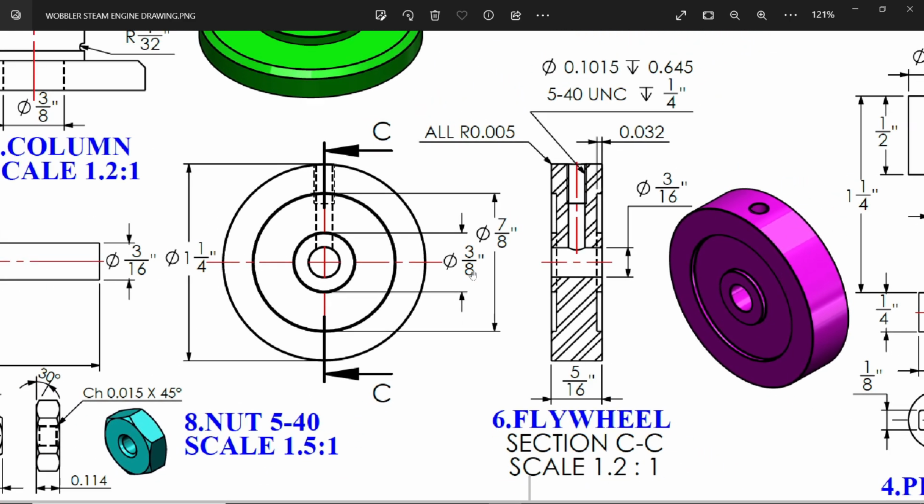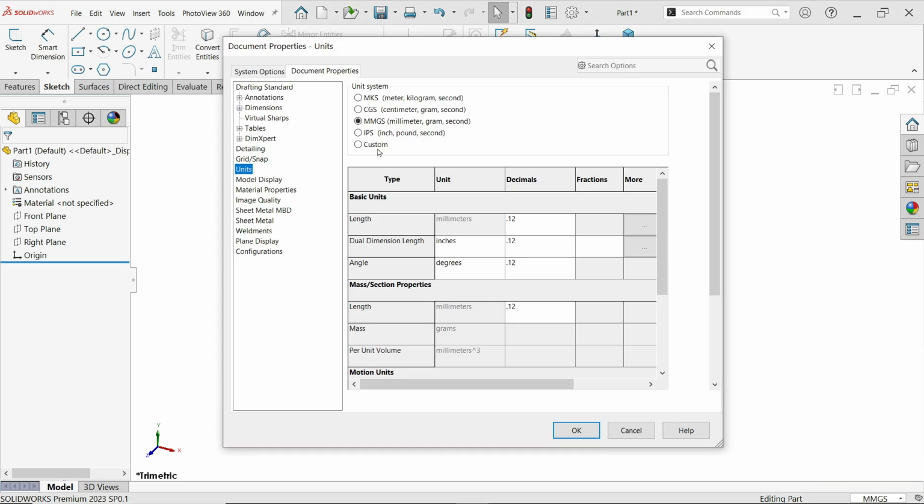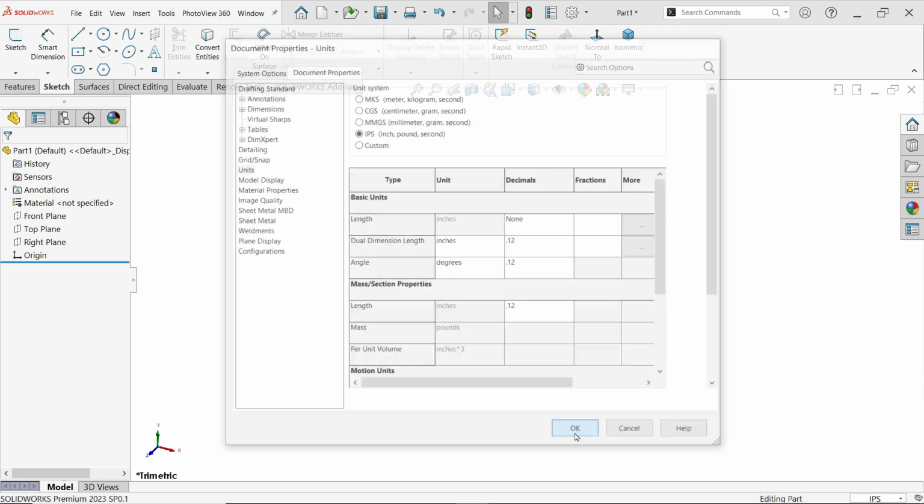So let's make this. Before making it, I am going to choose edit document units. Here I am going to choose IPS and fraction. I am going to define 128, even 64 is enough, but